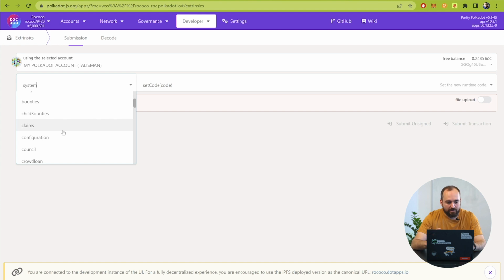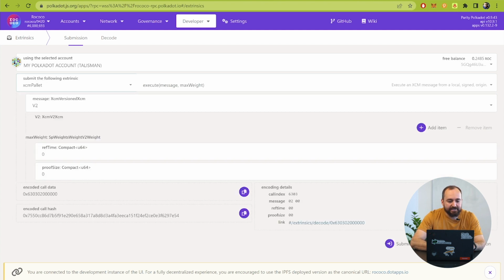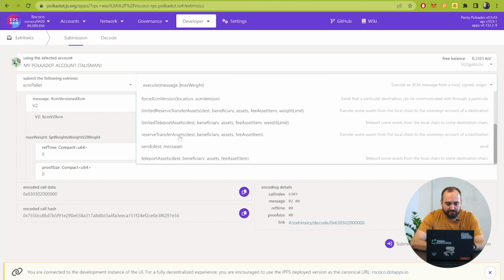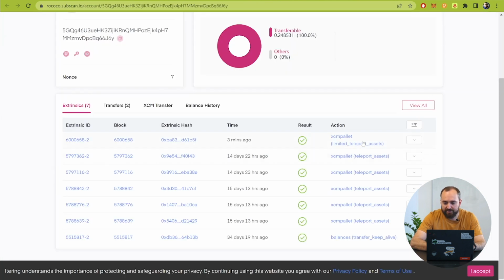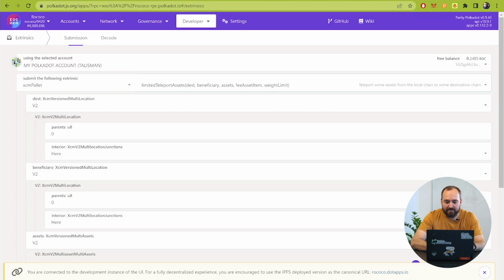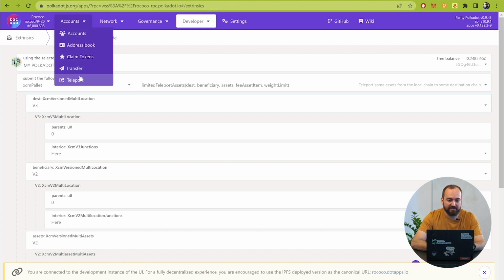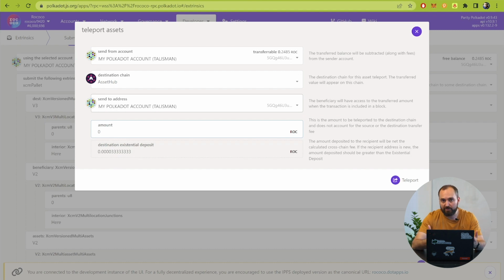If we check the extrinsics with the XCM pallet, we can find the limited teleport assets extrinsic that we see here in actions, and this is the interface for executing the limited teleport assets extrinsic,